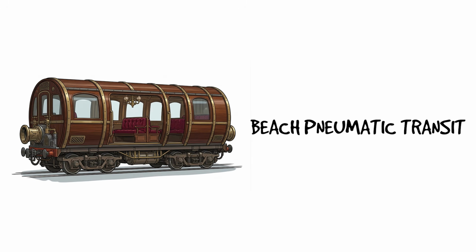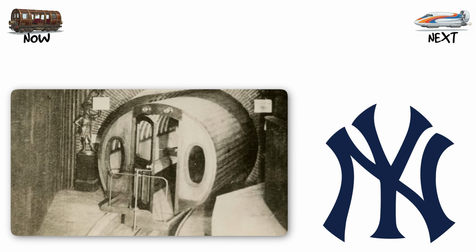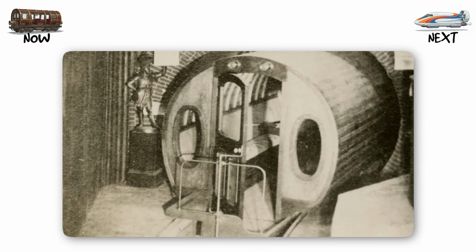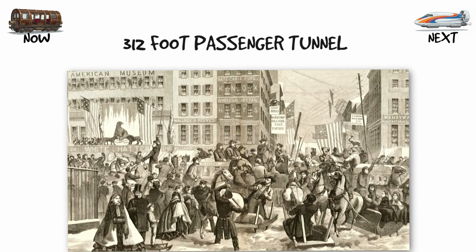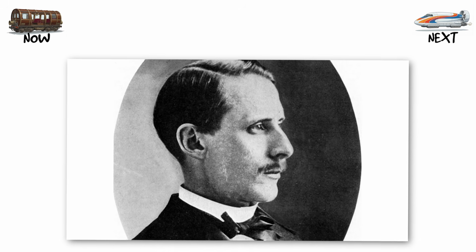Beach pneumatic transit. The beach pneumatic transit is the subway that New York almost had in 1870, built in secret beneath Broadway, across 58 consecutive nights. Alfred Ely Beach applied for permits to construct postal tubes. What he built instead was a 312-foot passenger tunnel, excavated by workers who wrapped wagon wheels in cloth and hauled